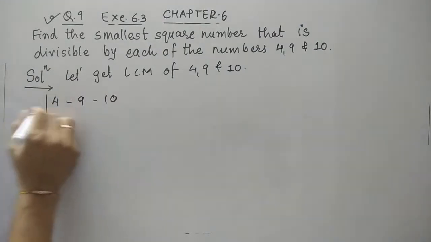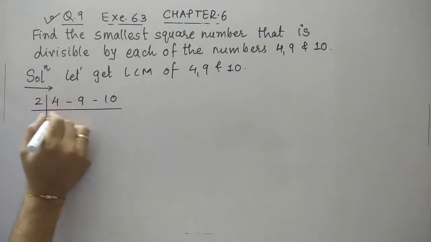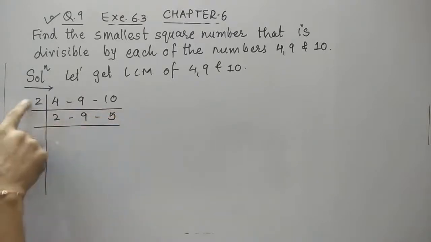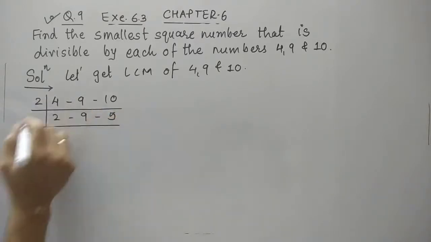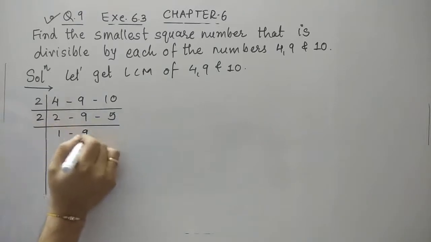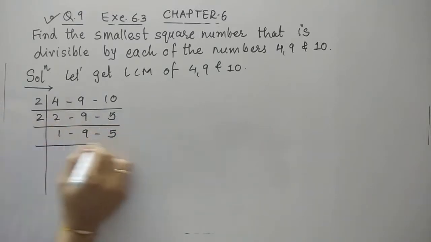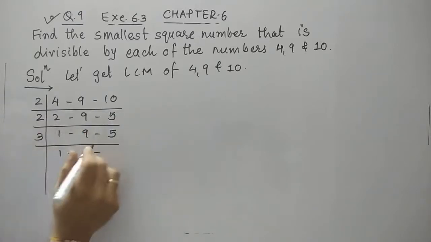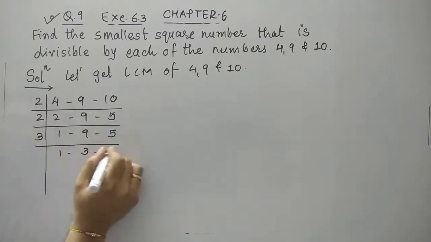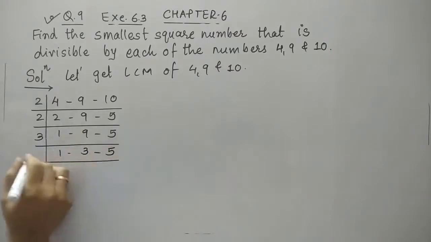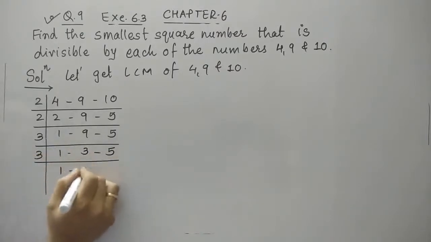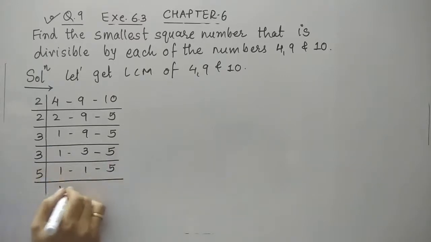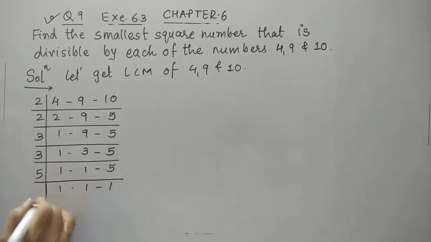By division method, its prime factors. 2 2s are not divisible, 5s are. I divided with 2, 2 as it is and 5s are. Again 2, 1 as it is and 5. Now we divide with 3. 1 as it is, 3 3s are, I'm sorry. And 5 as it is. Now again with 3, 1 and 5. So now we can see that we all get 1.